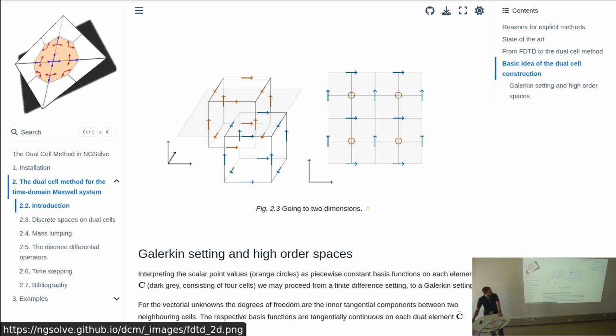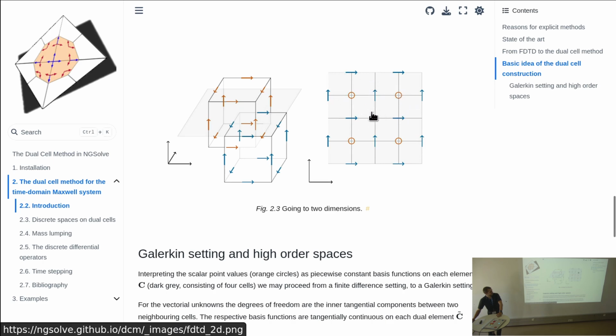Now if you think of point values in these orange dots, you can interpret these as piecewise constant ansatz functions in space. So this degree of freedom here could correspond to a piecewise constant function on these four cells,